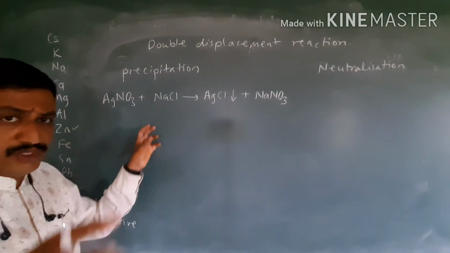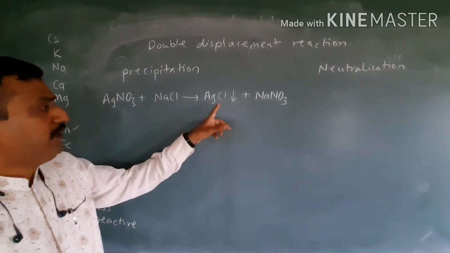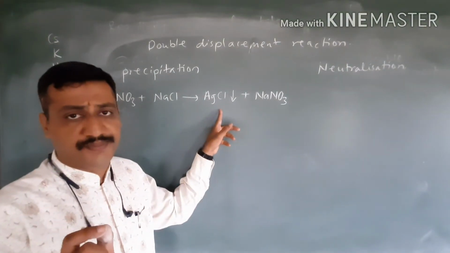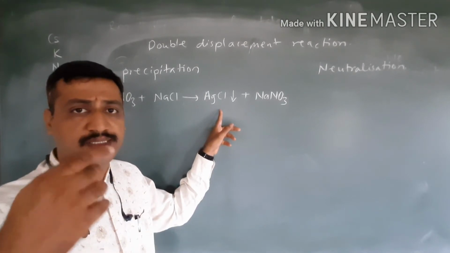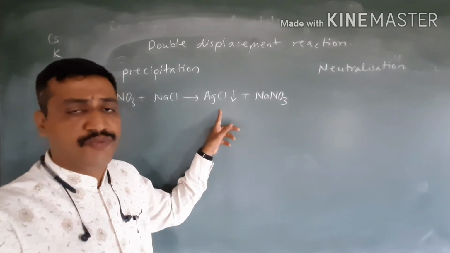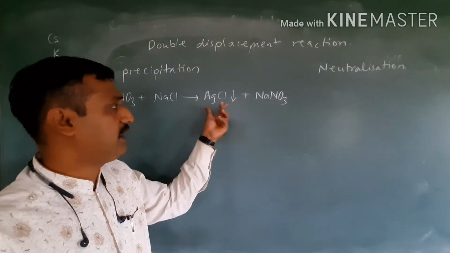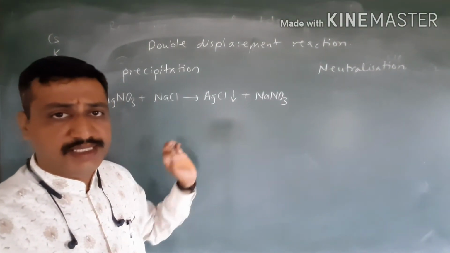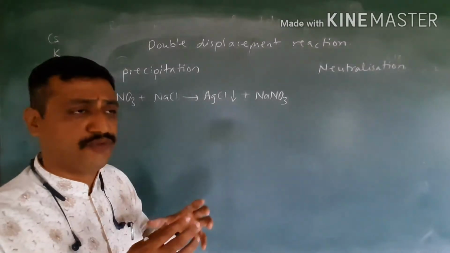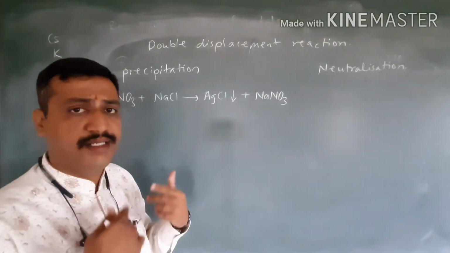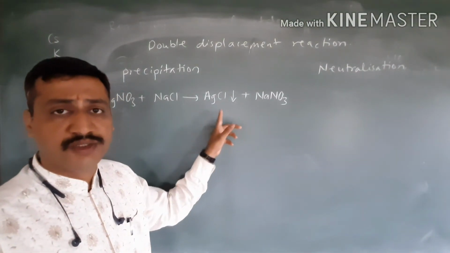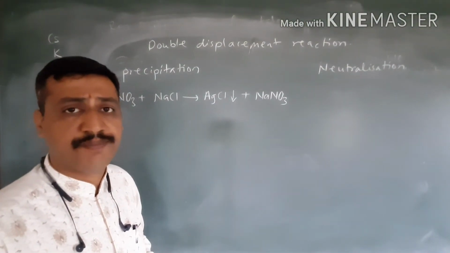Silver nitrate and sodium chloride solutions will mix together. Now, precipitate means insoluble solid. If an insoluble solid is formed as one of the products, we call it a precipitate. So AgCl doesn't dissolve in aqueous sodium nitrate. So reactions in which exchange of ions takes place and one of the products formed is an insoluble solid, such reactions are the precipitation reactions.